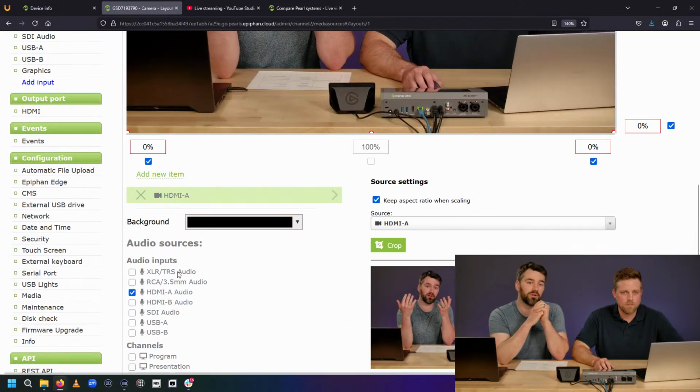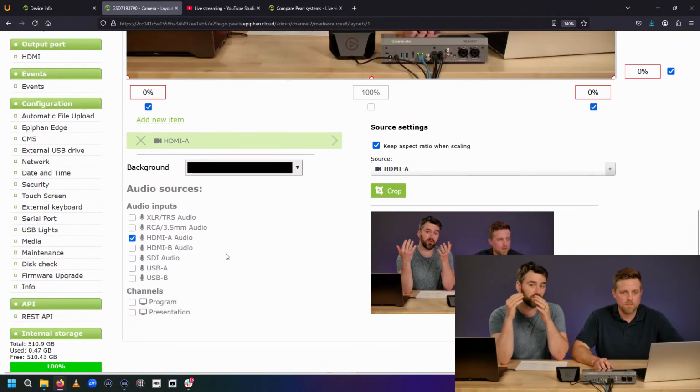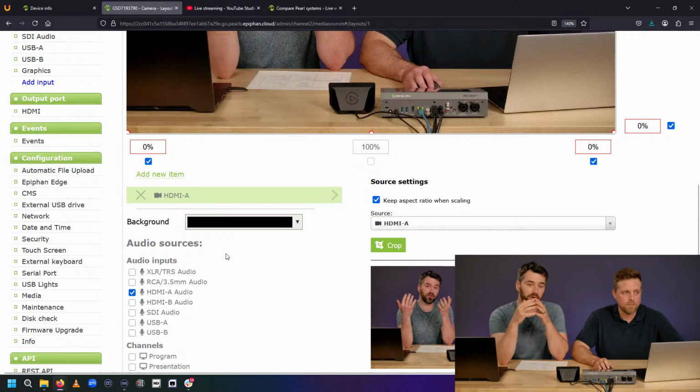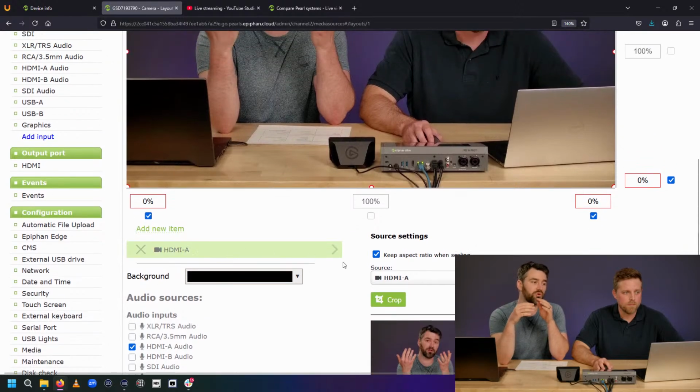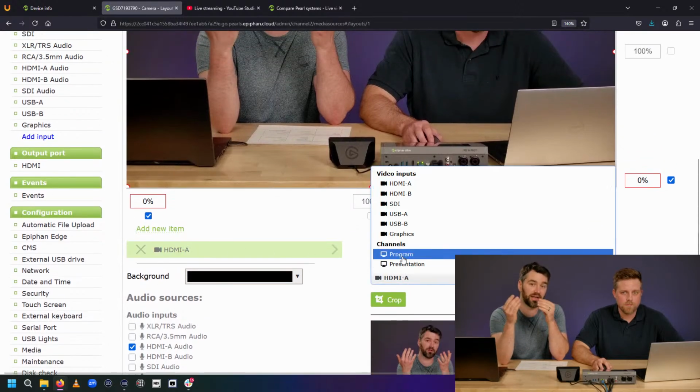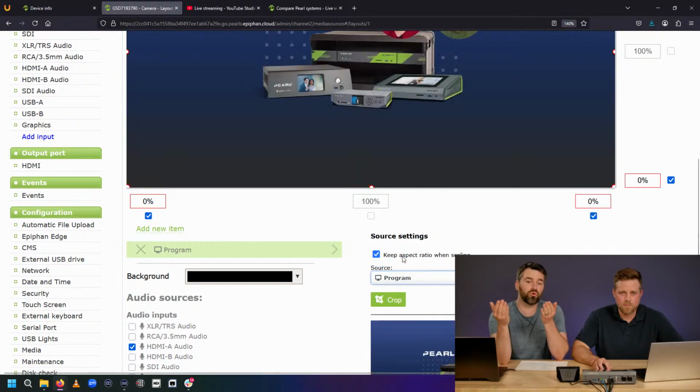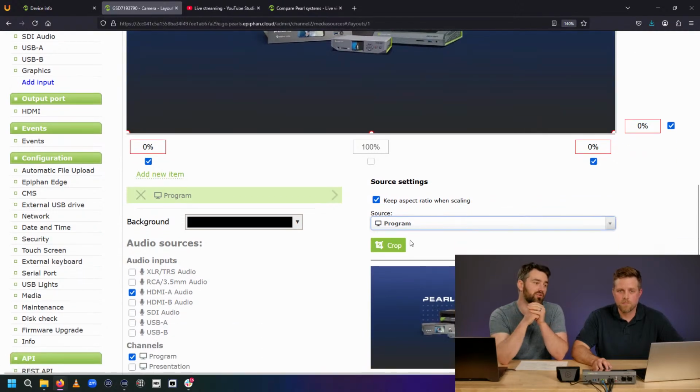What you could do is set up your first channel with your video source and the English audio. And then in the second channel, you can actually choose a channel as a source. So you can bring the same video occurring inside the first channel, add a different audio source to it, and then you could have your English in one and your French in the other.